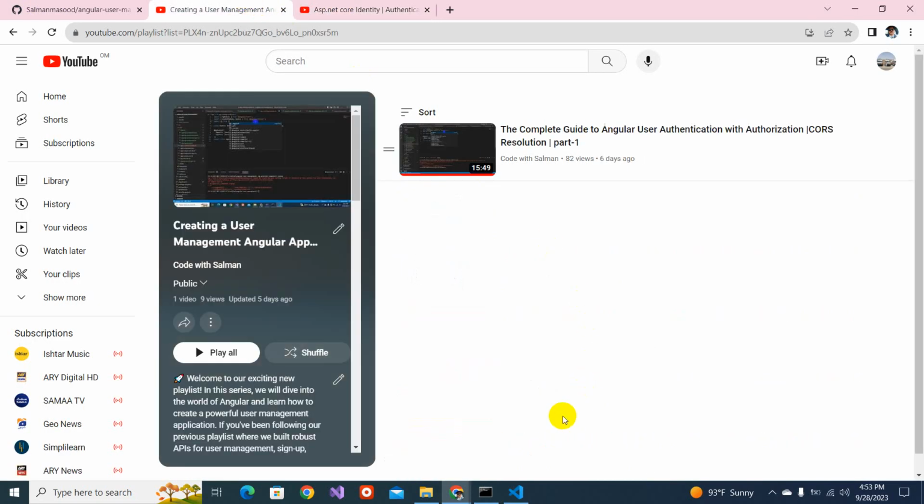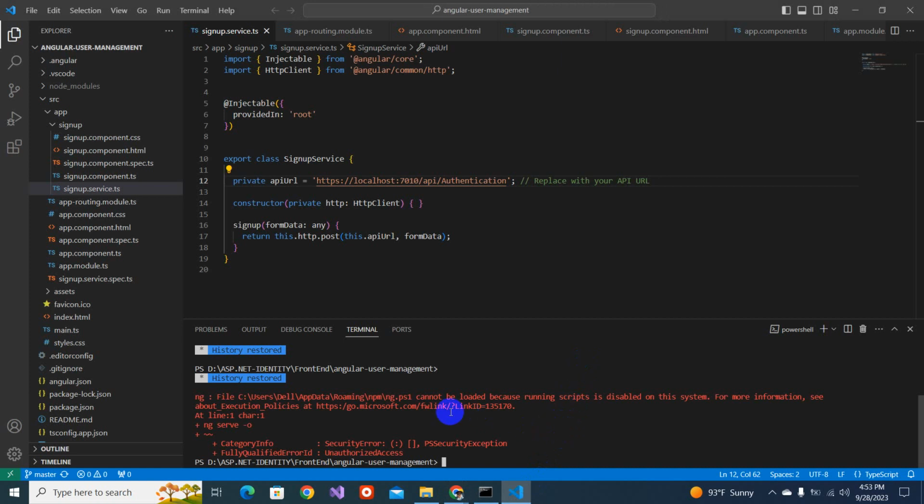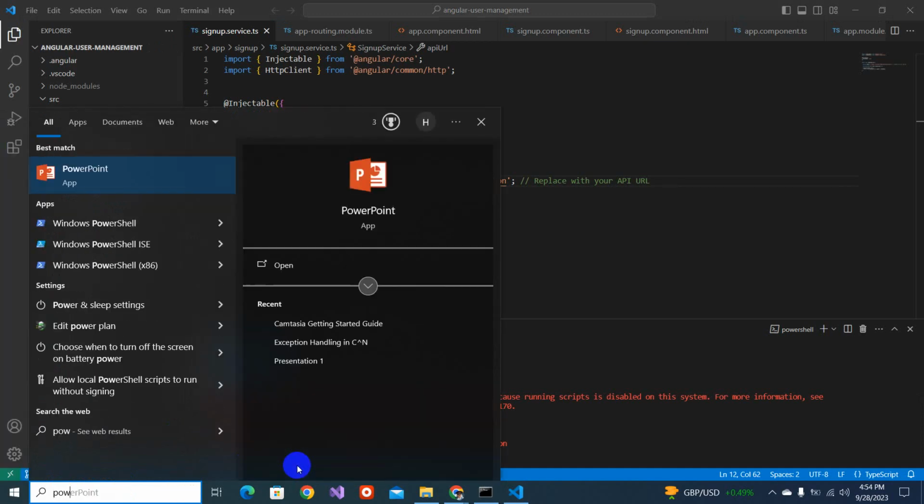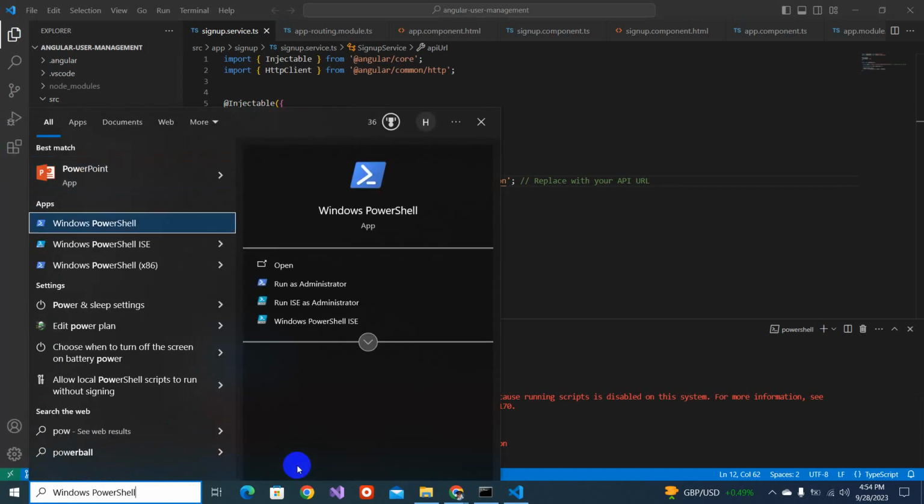Okay, now let's flip to the Visual Studio Code. As we have seen, I was getting this error in our previous video, so first I will be resolving this. What was happening is whenever we tried to run the command in the terminal, we were not able to run it, but when we opened the command prompt we were able to. So how can you resolve this? You'll have to open Windows PowerShell, run as administrator,